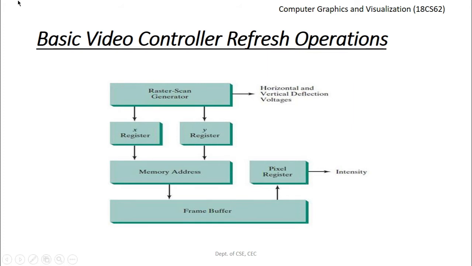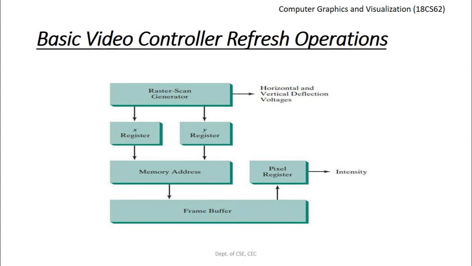So once the electron beam has swept across all the pixel values, starting from X equal to 0 to X equal to the maximum value, that is the rightmost value on a given scan line, and we have scanned all the pixels along all the scan lines, we say one refresh operation is complete. We need to again refresh the screen starting from the top left corner. So after cycling through all the pixels along the bottom scan line, the video controller resets the registers to the first pixel position on the top scan line and the refresh process starts over.